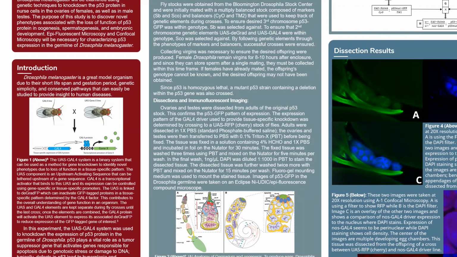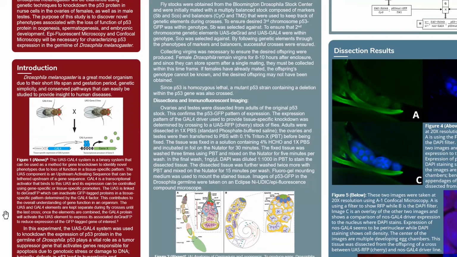And they also have evolutionarily conserved pathways that can be easily studied to provide insight to human diseases, such as the P53 mechanism. In order to observe P53 in ovaries and testes, I utilized the GFP and the UAS-Gal4 system. So GFP is a green fluorescent protein that identifies a protein of interest in tissues by being tagged to your desired protein of interest. So wherever there's a green fluorescence on the microscope, we know that our P53 protein is